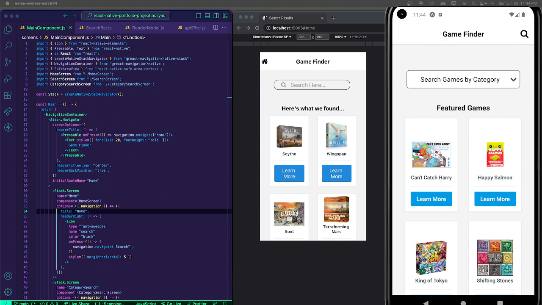So I used Redux to manage my application state. It utilized an API called Board Game Atlas to pull all of my game information. For components, most of them are React Native, but I utilized some React Native Elements as well as built a couple things from scratch, like my search bar. My navigation is just a stack navigation with a couple icons, just to open the search and go home, and